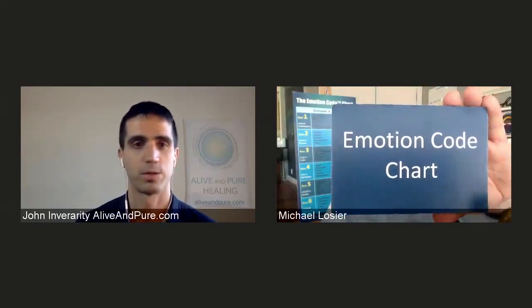Here are the 7 keys to the emotion code process. Key number 1 is the emotion code chart. It's behind Michael, and this is it right here. There are 2 columns and 6 rows, totaling 60 trapped emotions, and they're in boxes of 5. That's right. And our job is to find out which one or which ones of these trapped emotions are causing your pain or your money blocks or your business blocks or your nasal congestion or your headaches or the ringing in the ears, whatever we're going to work on. Which one is it?